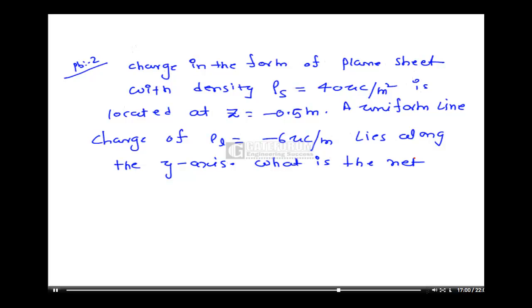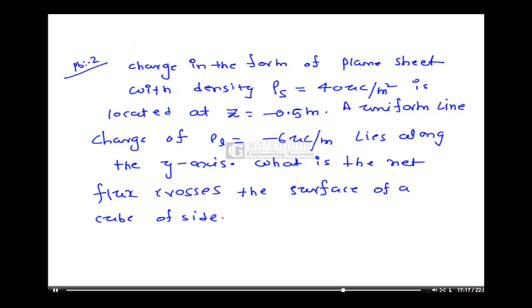What is the net flux that crosses the surface of a cube of side 2 meters centered at origin? So this is the given problem. So the solution to this problem is,